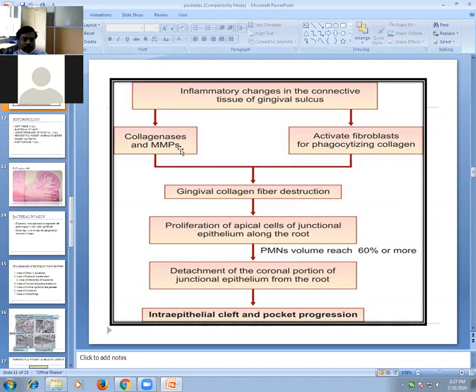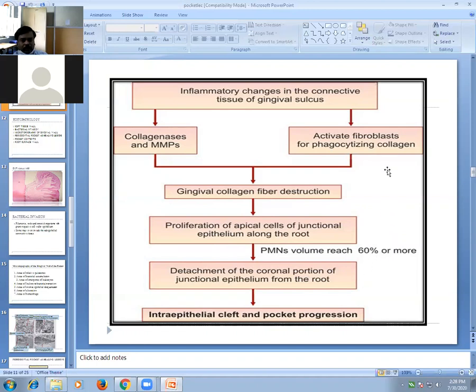Another school of thought is that when there is a host microbial interaction, a collagenase enzyme is released, called matrix metalloproteinase. These enzymes destroy the collagen fibers below the junctional epithelium. When there is a loss of collagen fibers below it, the junctional epithelium has no resistance, so it starts moving apically. When it moves apically, your sulcus depth will be more than normal, so we call it